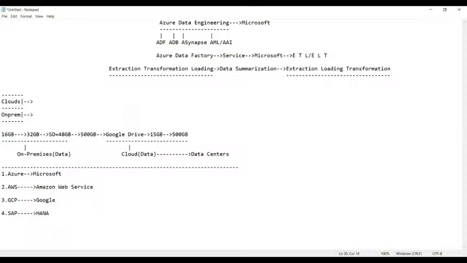And now, guys, apart from this, we have many more. Alibaba is there, from China. Can you see here? Many more cloud providers, as we have many in the market.